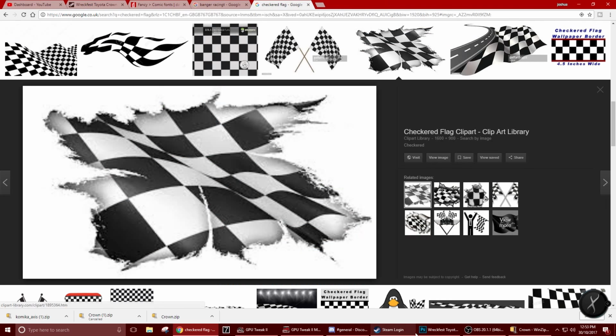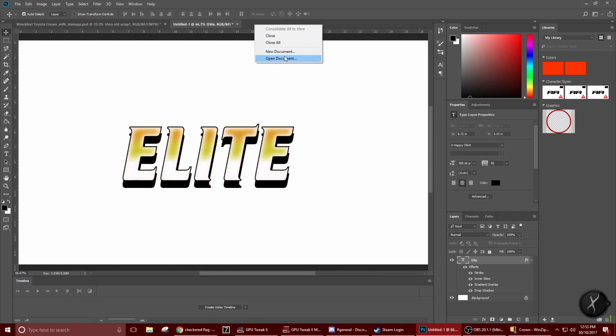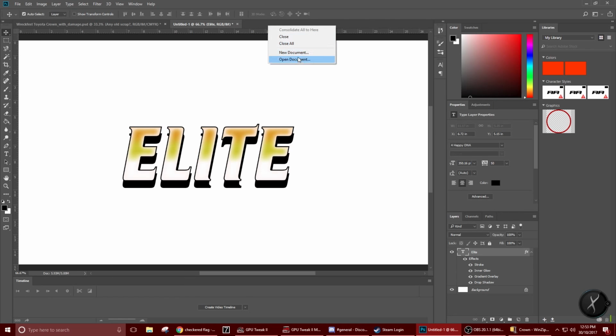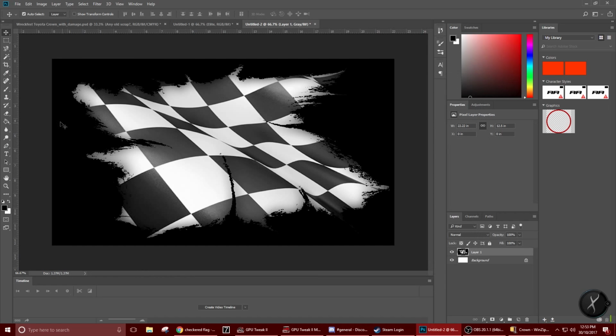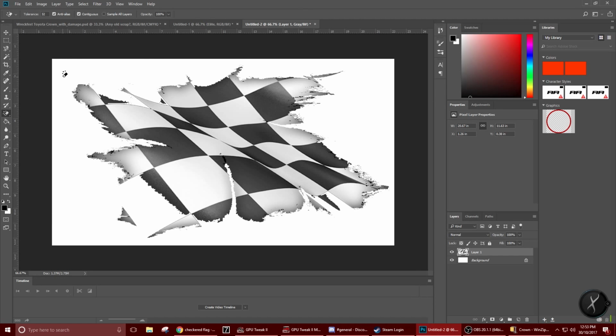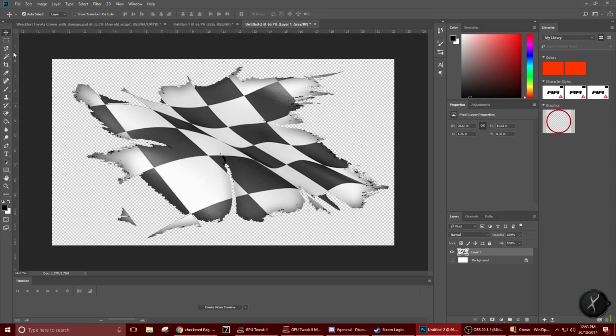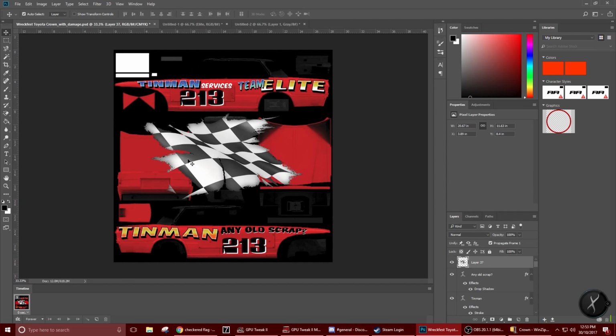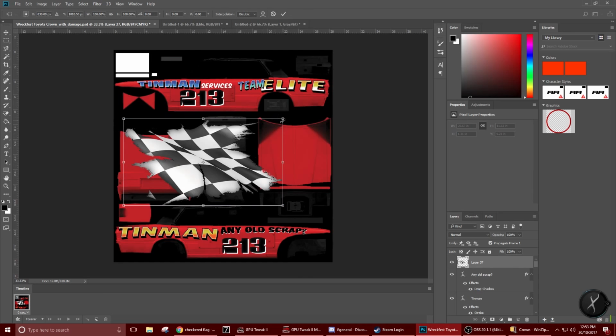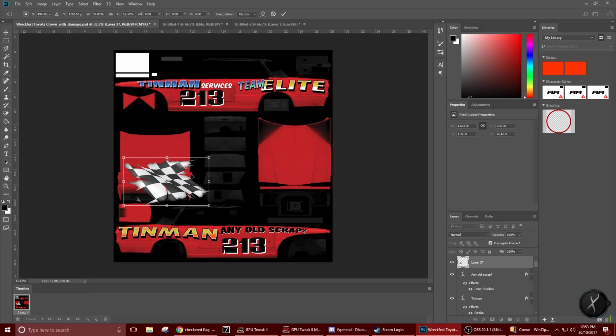Copy image. This might work, it might not. It's always a trial and error thing. New document. Okay, Control V. Then what I do is I go magic eraser, boom, gone. And that actually has come out pretty well. Disable that background. Copy that, Control C, Control V into Photoshop file that you're using,